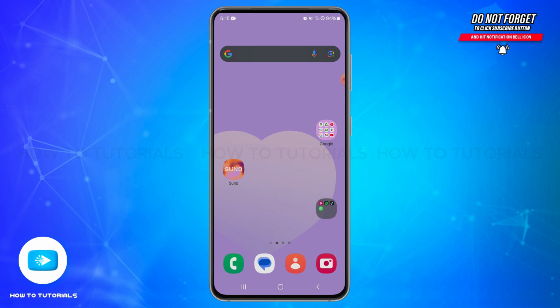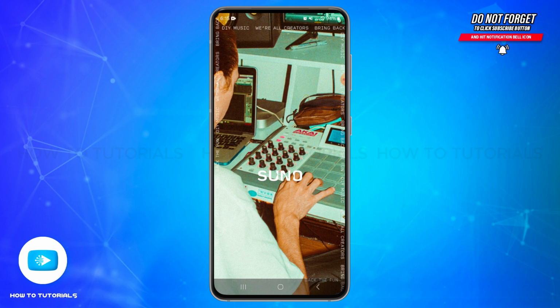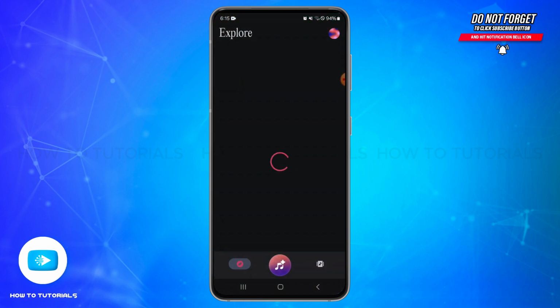In today's video, I'm going to show you how you can log out from your Suno AI account. In order to log out from an account, first of all ensure that you are already logged into your account. Open your Suno AI application on your mobile device, and once you are logged into your account, you will land